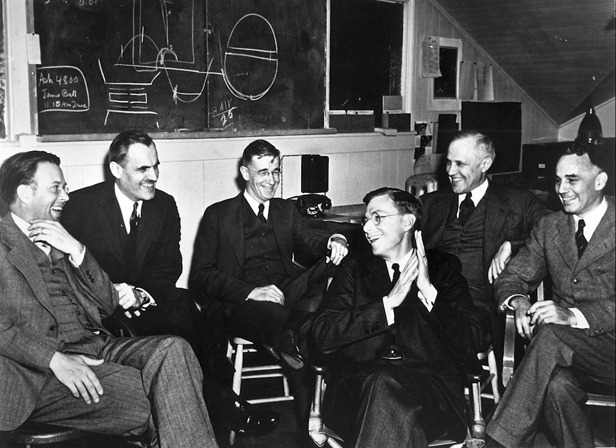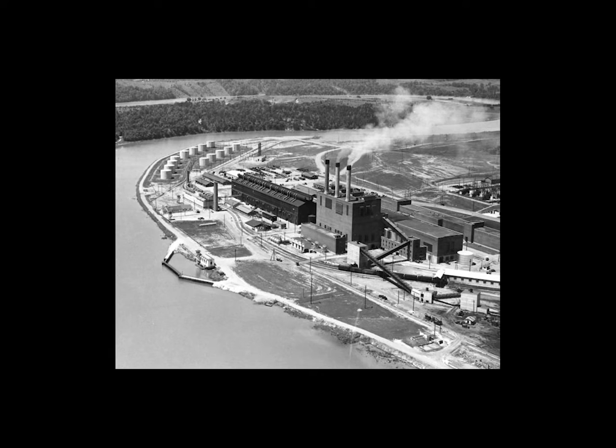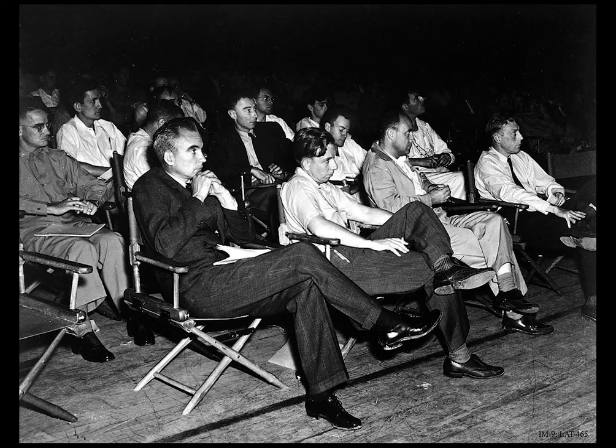The Manhattan Project was a research and development undertaking during World War II that produced the first nuclear weapons. It was led by the United States with the support of the United Kingdom and Canada. From 1942 to 1946, the project was under the direction of Major General Leslie Groves of the U.S. Army Corps of Engineers. Nuclear physicist Robert Oppenheimer was the director of the Los Alamos Laboratory that designed the actual